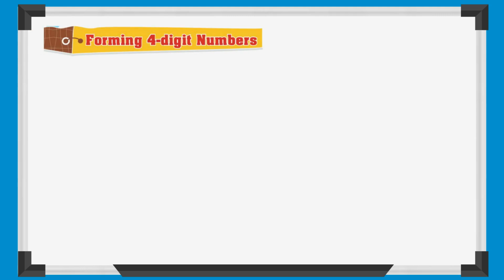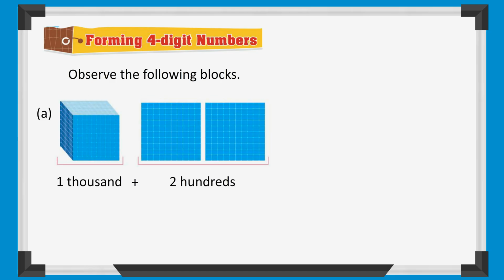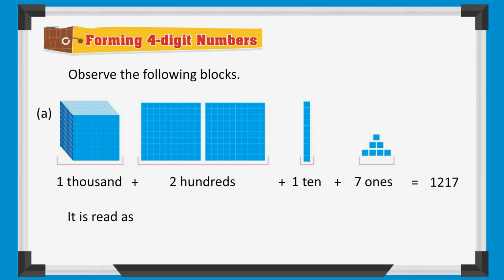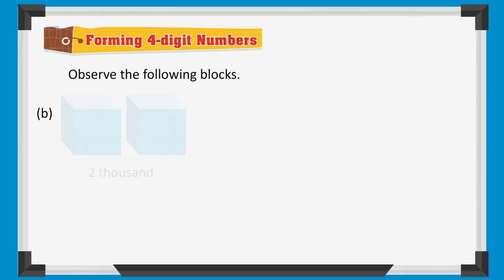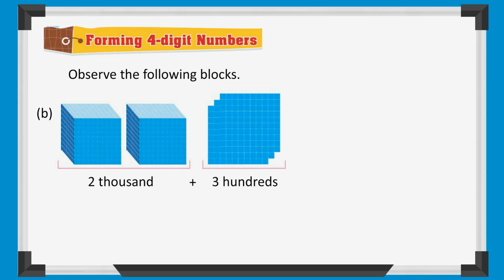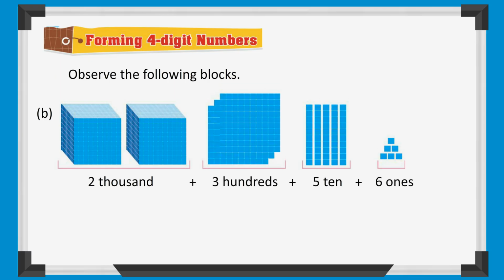Forming 4-digit numbers. Observe the following blocks. A: 1000 plus 2 hundreds plus 1 ten plus 7 ones equals 1217. It is read as 1217. B: 2000s plus 300s plus 5 tens plus 6 ones equals